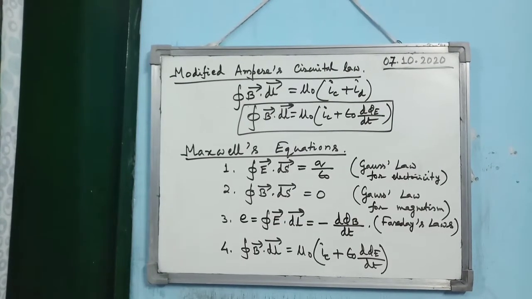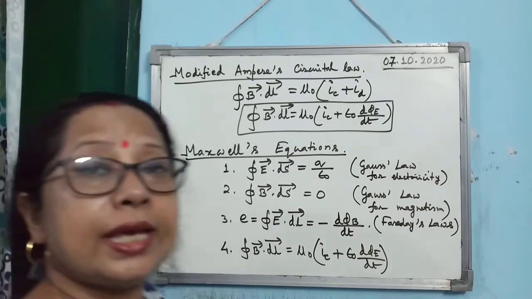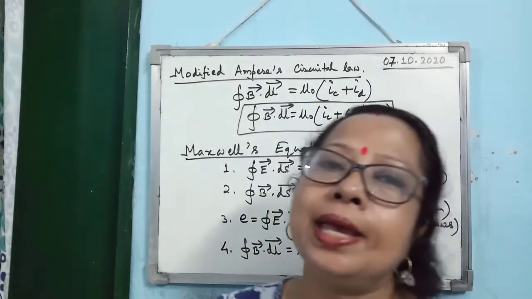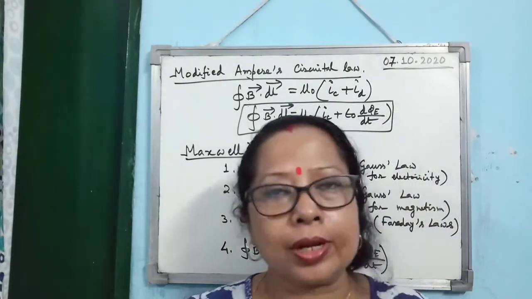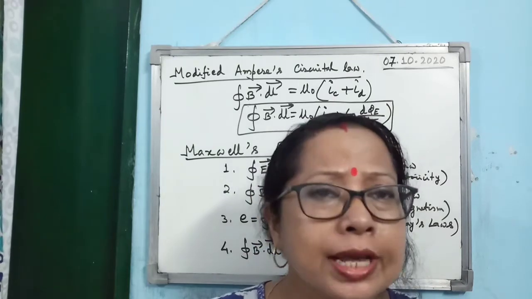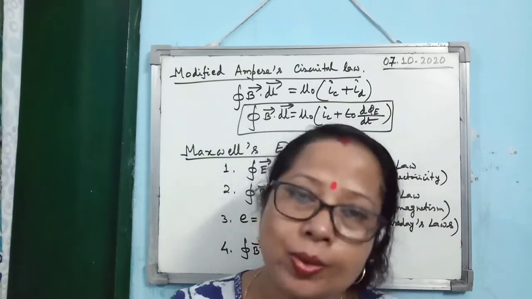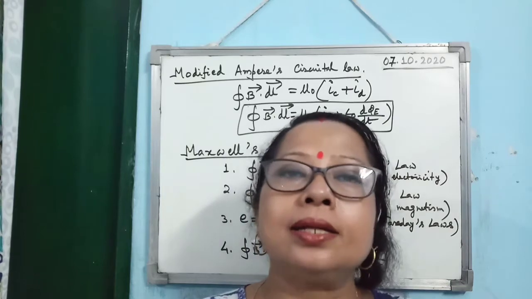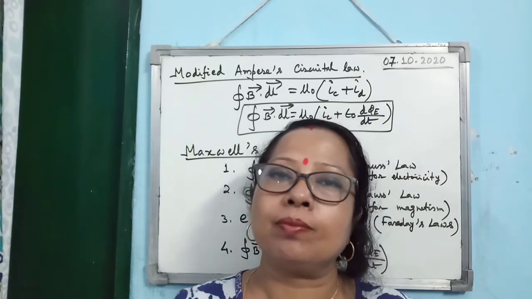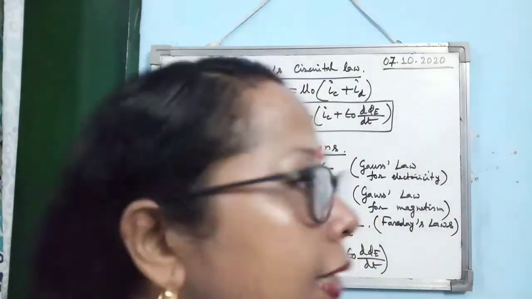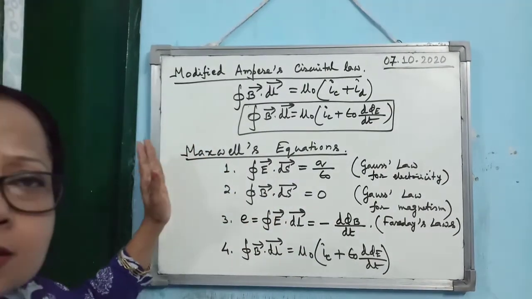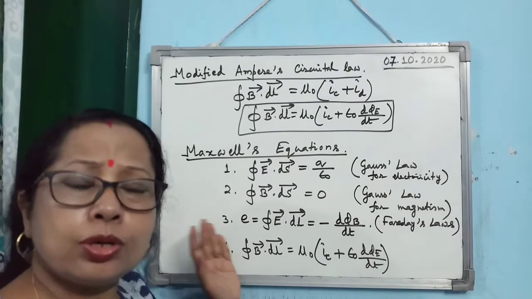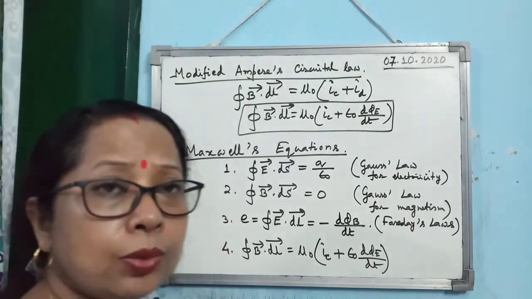Now I am going to the most beautiful thing in physics, the 4 equations given by Maxwell for electricity and magnetism. In the case of electromagnetic waves, these 4 equations given by Maxwell are nothing but 4 different equations given by different scientists. So let us find out what the 4 equations are. This is a very important concept. You must learn it and you will enjoy it.